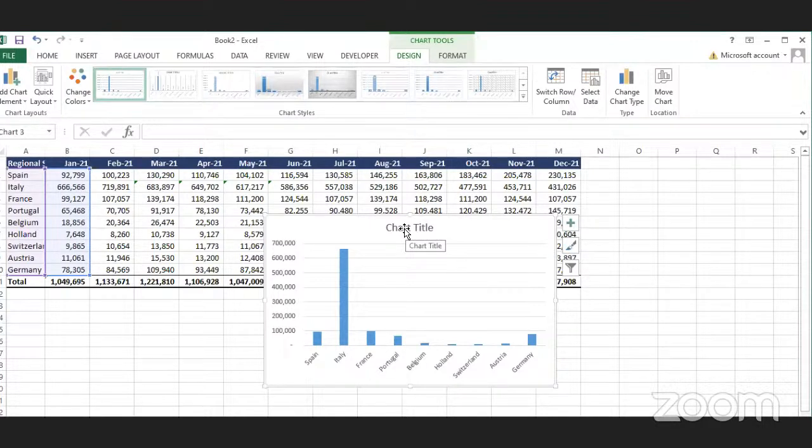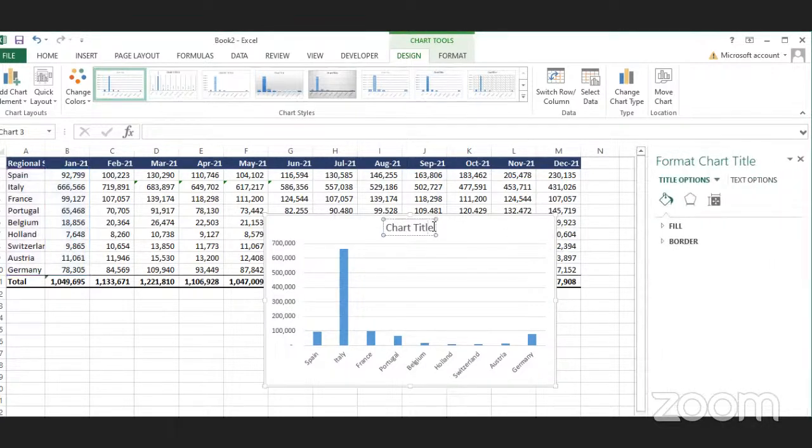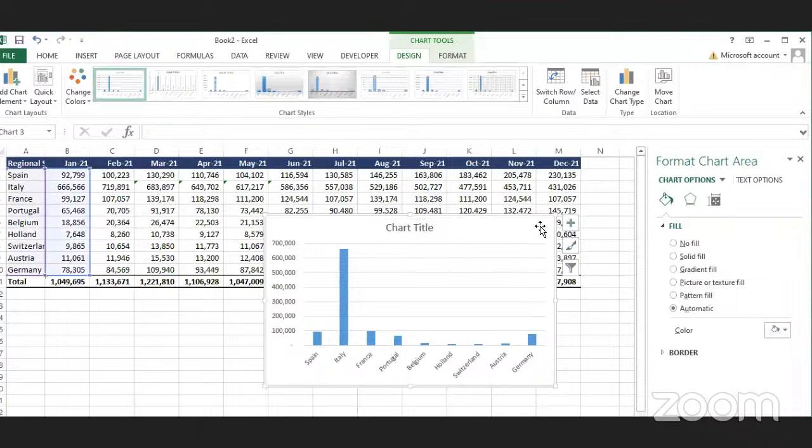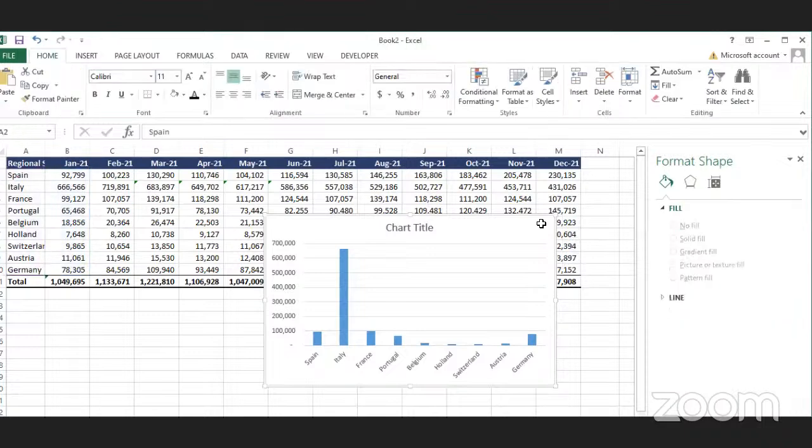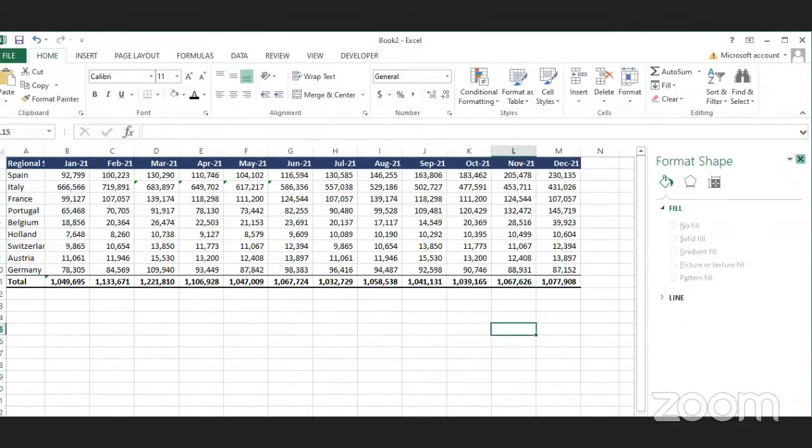So if you want to do visualization, once you have analyzed your data in Excel, there are also other tools that you can use to visualize your work, once you have done the analysis up to the end. But of course, you can also edit the title and have several customizations: you can have the fill, have the border, and adjust the color and stuff like that. So those are just some of the customizations, just like what we were able to do with Google Sheets. But there's something I want us to have a look at, the sparklines, because I think that is quite